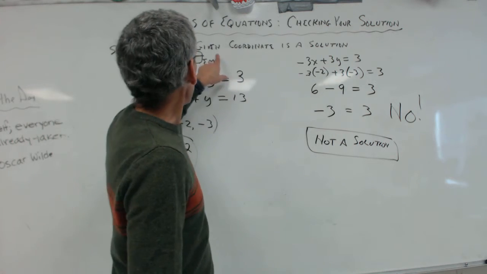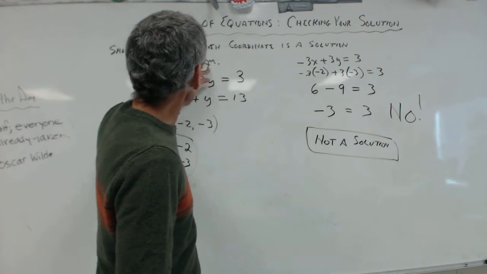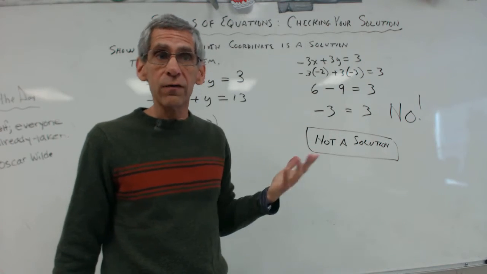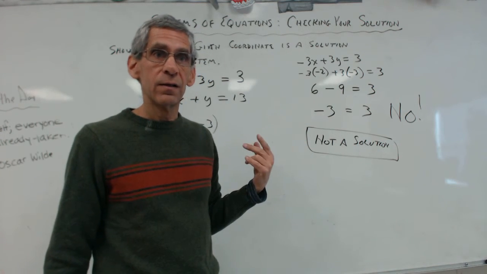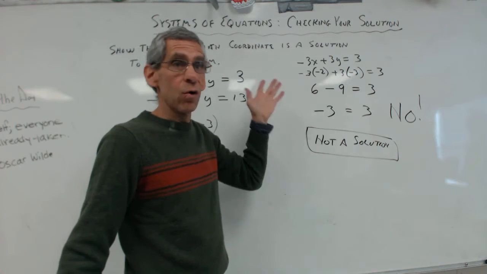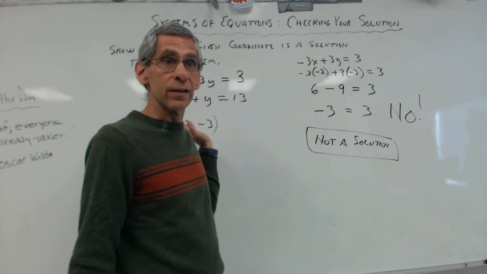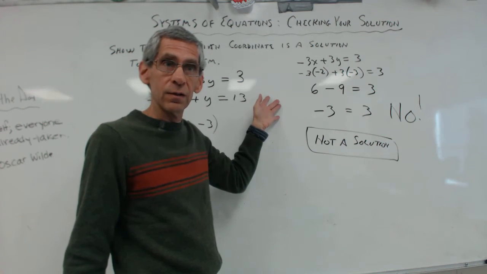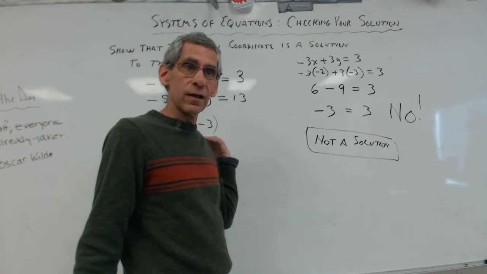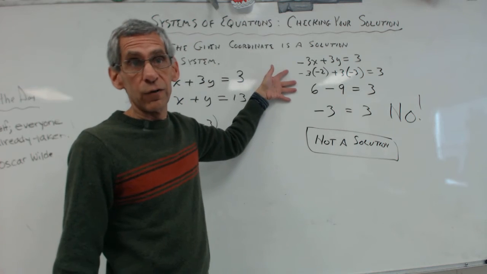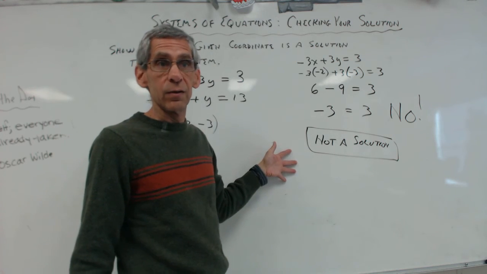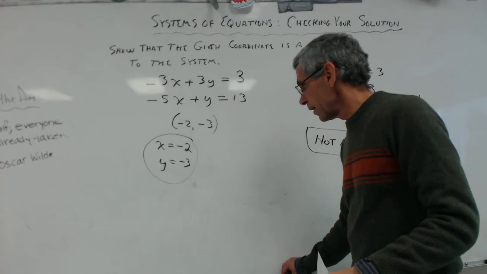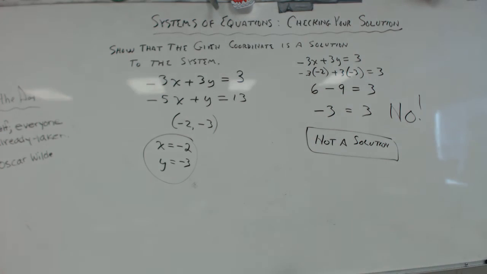So remember, I'm asked if it's a solution to the system. The system is more than one equation, so it has to work on all of the equations. You see what I'm saying? If it doesn't work on the first one, it doesn't matter. Even if it does work on the second one, it's not a solution to the system because it doesn't work in the first one, so I don't even have to go to the second one. But if it does work in the first one, I also have to check the second. Does that make sense? Get it? Okay, so that's that. That's it for the